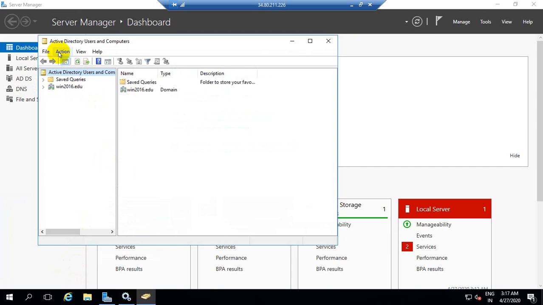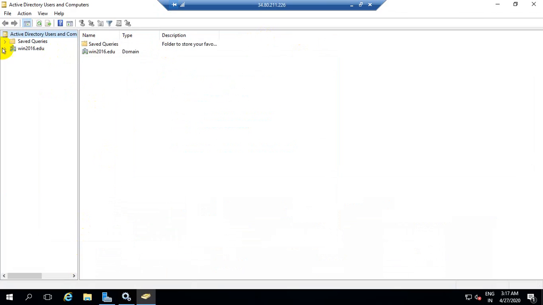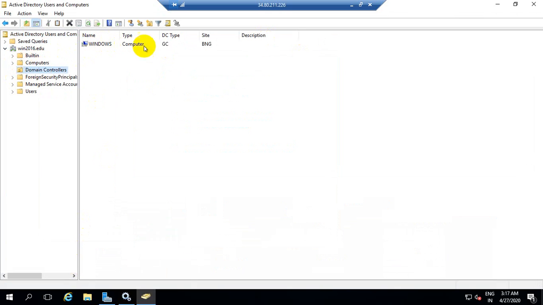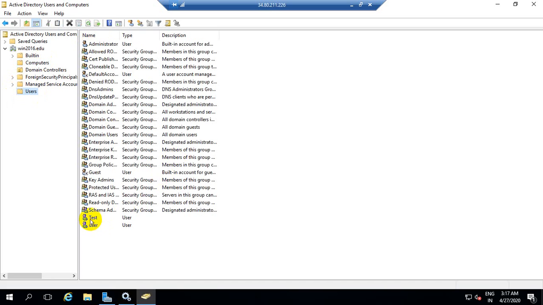So this is the dsa.msc command I have used to log into this page. Select this, and you need to select the domain. As I already said, this domain controller is Windows 2016, and we have given the site name Bangalore. In Computers, we have created a VM Google Cloud instance, that is one client machine. In Users, we have created a test user recently.